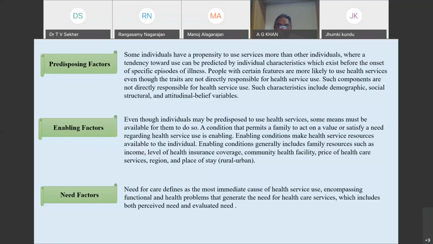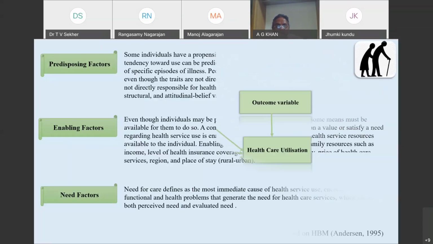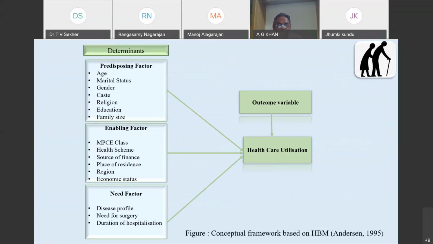Need factors basically define the most immediate cause of health service use. The need factors include the disease profile of a people, like communicable versus non-communicable disease, and the requirement for surgery. So this is a conceptual framework based on Anderson's health behavior model. Here are the predisposing factors, enabling factors, and need factors which determine an individual's choice of healthcare services, public